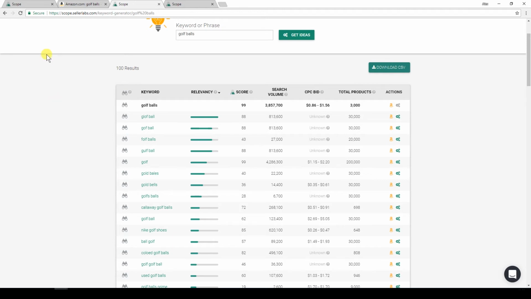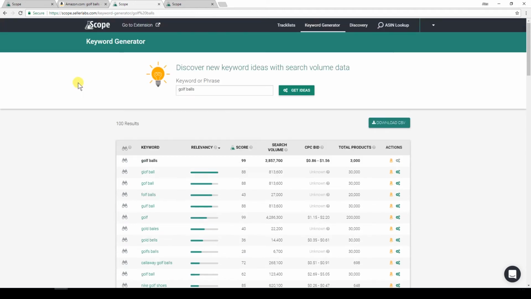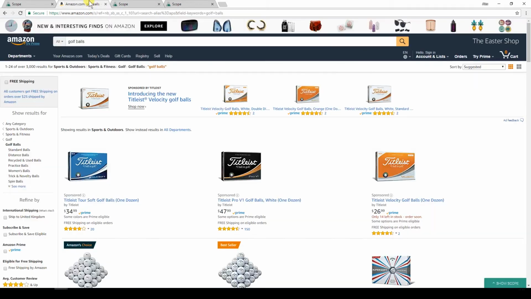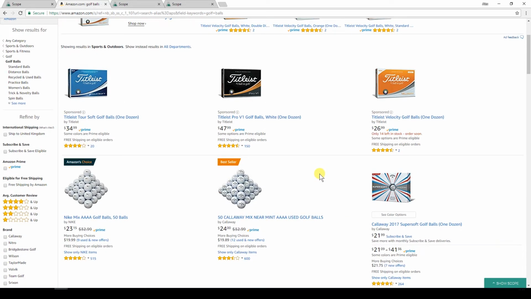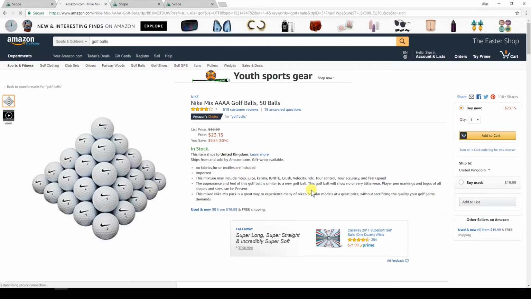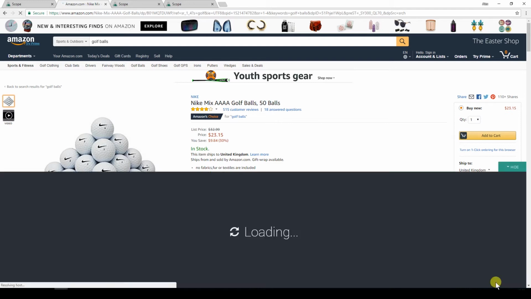Now, what I really like about Scope is their nifty Chrome extension. This is really, really handy. Now, if we go to Amazon, you see here that you've got the show Scope. You can bring it up on just a search results page, but I want to generate keywords, so I'm going to show you how to do that in this walkthrough. So if we click on these golf balls here, what is really clever is we can now click on Show Scope,